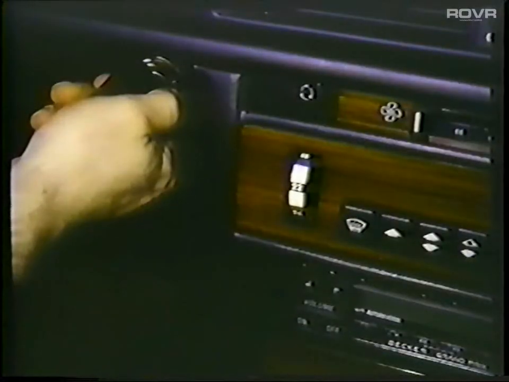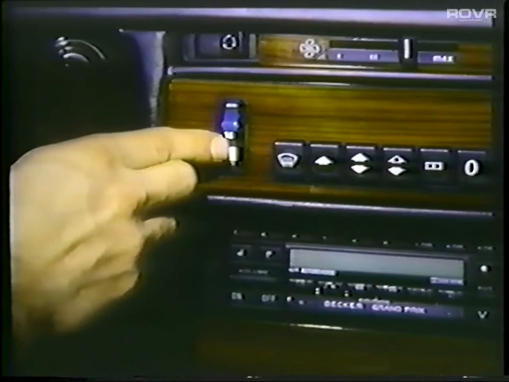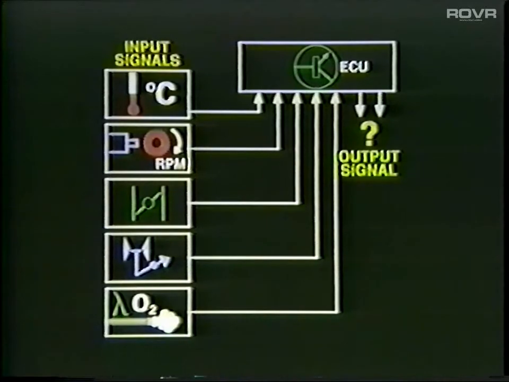In addition to the signals provided by the sensors, the electronic control unit receives additional information during cranking and when the engine initially runs. A signal is also sent to the ECU when the air conditioning compressor engages. And finally, a signal is provided when the automatic transmission is engaged. Now that we have seen the various sensors and are familiar with the input signal that each provides, let's proceed with the next point of interest, and that is the question of how the resulting output signal is used to